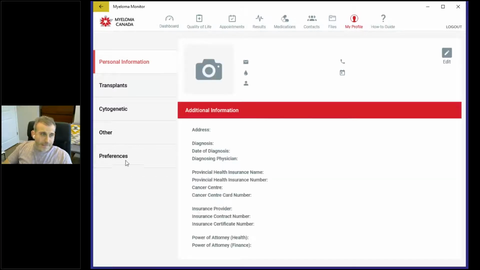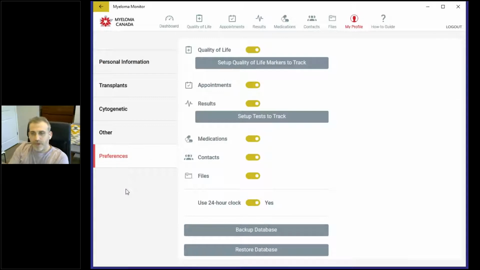Now, some of you may want to use the Myeloma Monitor on different platforms. So on your phone and on your computer, have them on 2 different devices or even 3 different devices. It's important to know that the Myeloma Monitor application, for security purposes, to keep your data safe, does not speak with anybody. Basically, the information that gets put into Myeloma Monitor stays on your computer. It doesn't get sent out to Myeloma Canada. Nobody can see it. It's password protected on your device, and